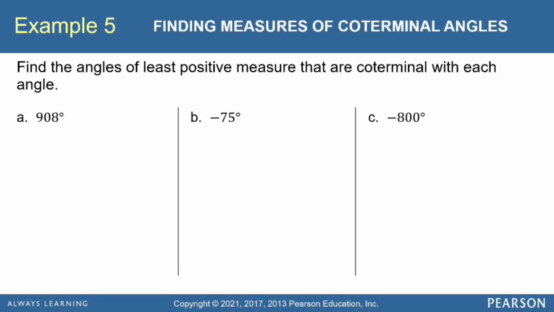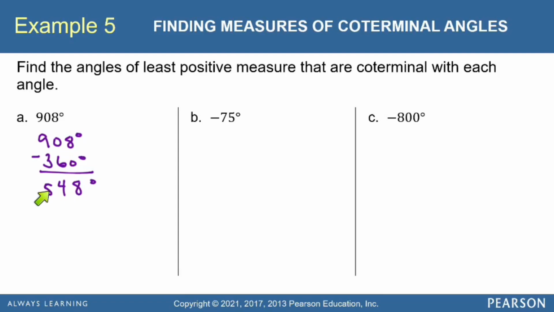So we will always want to know the smallest positive measure of an angle that is coterminal with the angle that we have. And in order to find that smallest positive number, what you do is either subtract 360 degrees or add 360 degrees, whatever you have to do to get to something that's between 0 and 360. So in this case, I'm starting with an angle of 908 degrees. So if I subtract 360 degrees from that, I get 548 degrees,